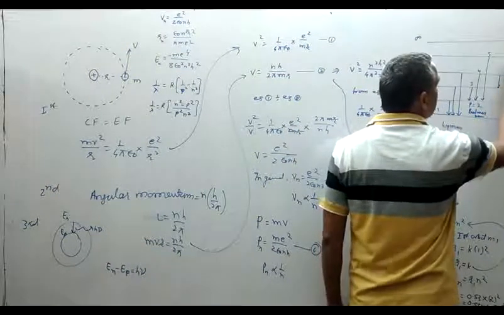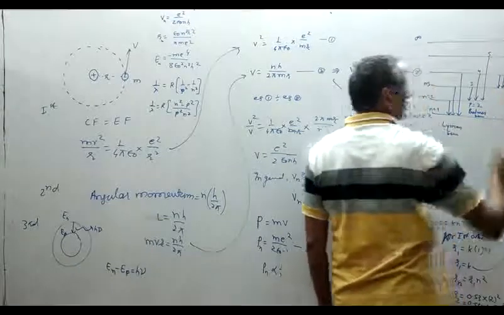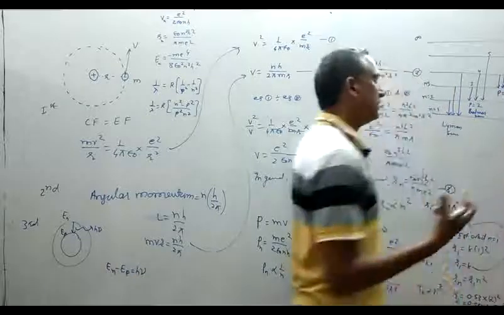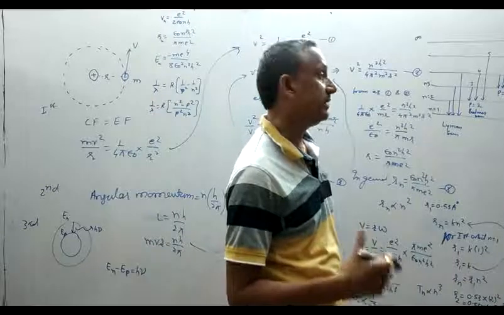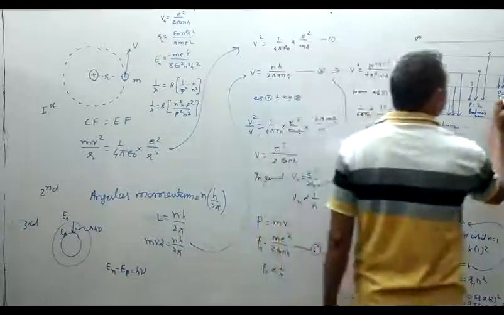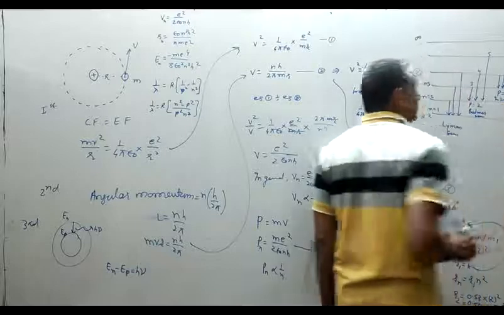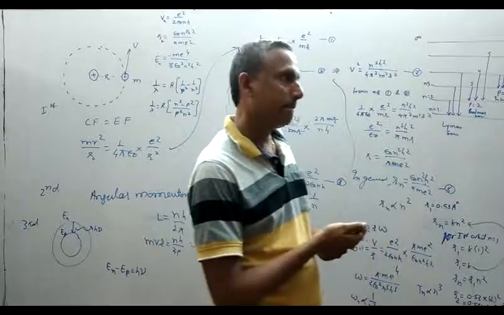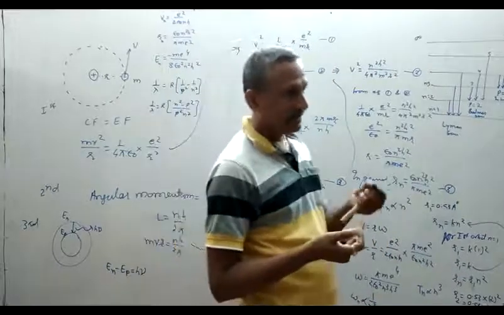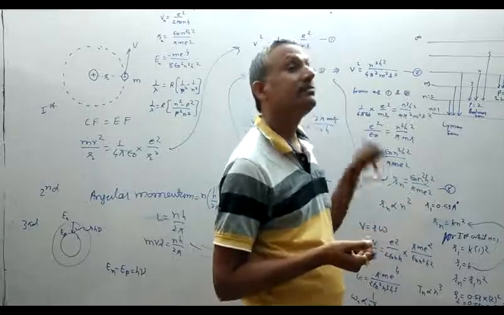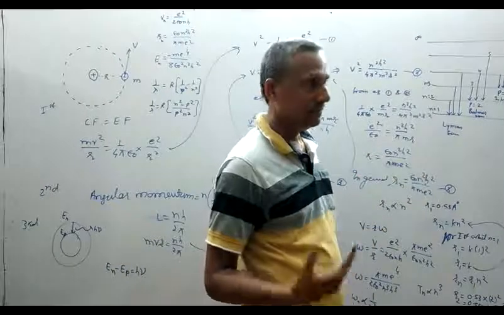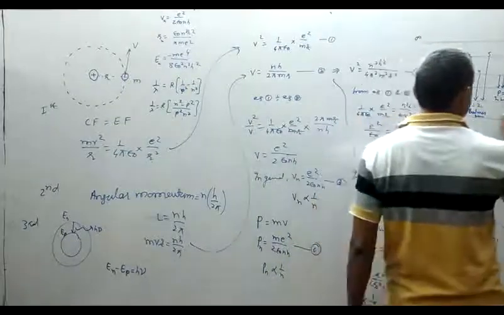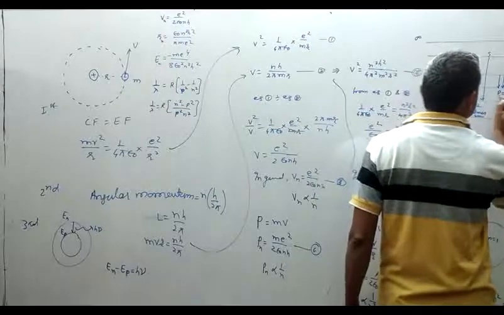When an electron jumps from a higher stationary orbit to a lower stationary orbit of principal quantum number p is equal to 3, a series of wavelengths is obtained in the infrared region. Now we know what the infrared region is. When we use the remote control of a TV, the LED emits radiation in the infrared region, which is not visible. So that is the infrared region. Such a series is called the Paschen series.